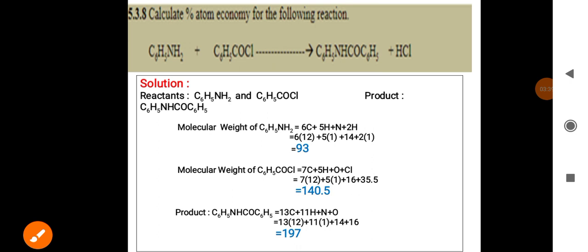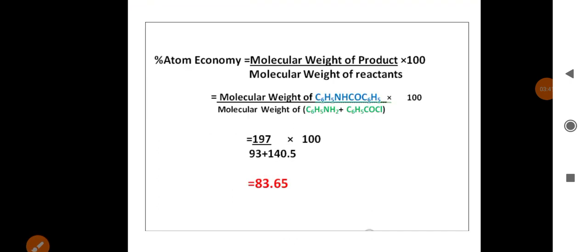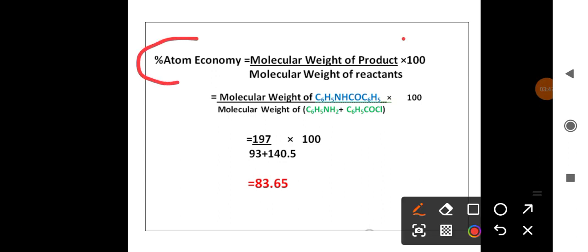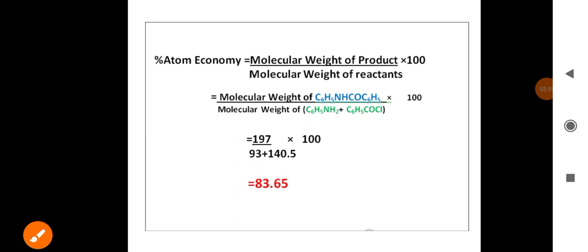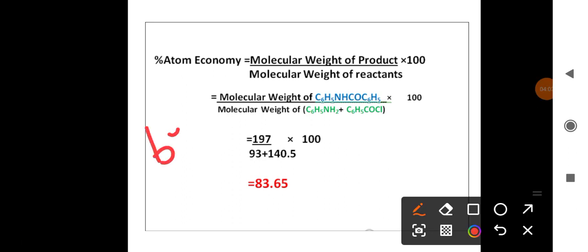After calculation of molecular weight of all reactants and product, you have the formula: percent atom economy is equal to molecular weight of product upon molecular weight of reactants. So the product in the previous reaction is C6H5NHCOC6H5, and there was also one more byproduct, HCl, but during atom economy calculation you must avoid